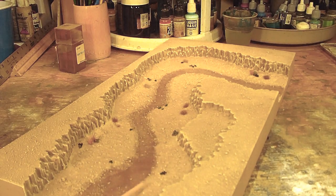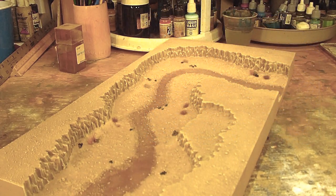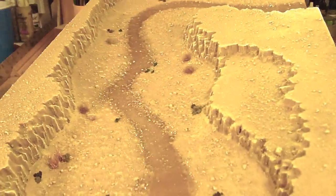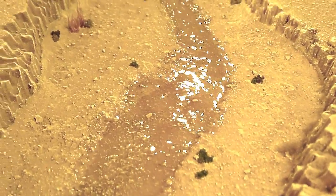It took me a little extra time to build this up, so that I have a very shallow channel running through the actual dry riverbed, and that way it would hold the water, and I was able to fill that and then cover it with a little movement so that you could get a sense. Let's see if I can get a little light reflection in that. Oh, there you go. So you get a little sense of movement in there, nothing extreme,